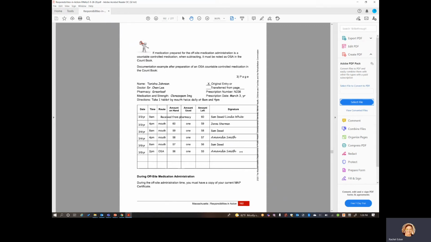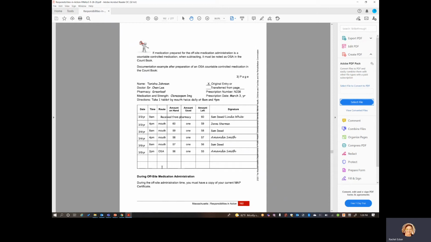I signed my name. Now remember, when you use the countable control book, we're always documenting the subtraction or addition of medications. This is not where we document that it's been given. So we can sign this medication out in advance, okay? Because it needs to be kept up to date. So as soon as I pop that pill, I need to document what it's for, where it's going. All right? So this is pretty clear cut. You can refer to this if you ever need to look at how to document it.